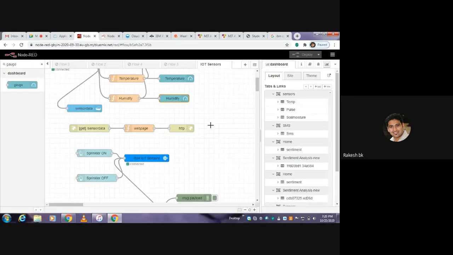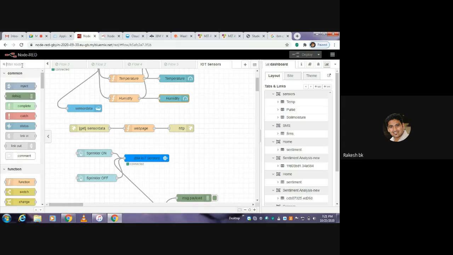To observe that data and reflect it onto the web user interface, I want to use a few more functions to retrieve the sensor data from the cloud and database and project it onto the web page. So I'll pull down one more node called HTTP request.